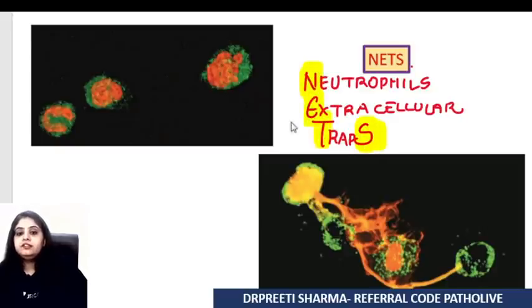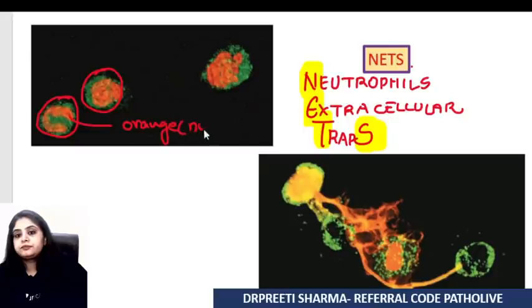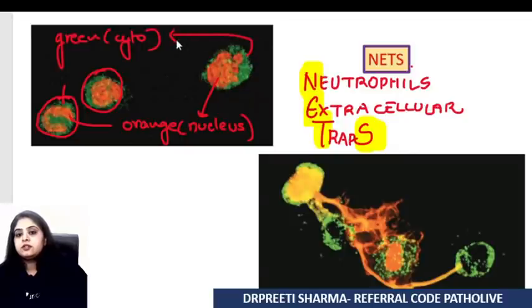Now, what do I see? First, image number 1, then image number 2. In image number 1, they've used a kind of fluorescent, and then you can say it's a kind of an electron microscope, but they've used color this time. And over here, if you can see very carefully, this is a cell, this is a cell. So if I look very carefully, I see orange color. Orange color has been given to the nucleus. And then if I look further, a green color has been given to the cytoplasm. That's the color coding which I can gather. So see, orange color has been given to the nucleus and green color has been given to the cytoplasm.